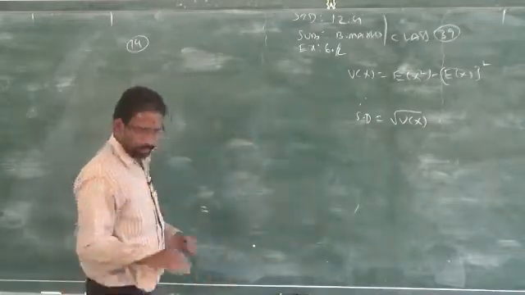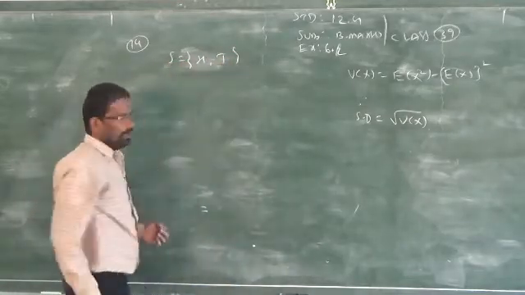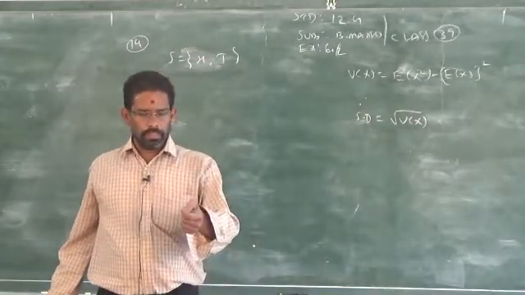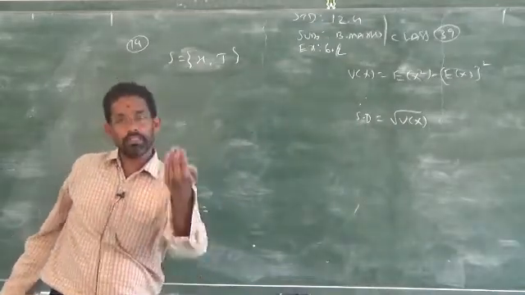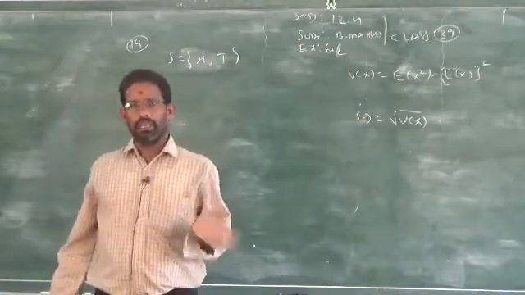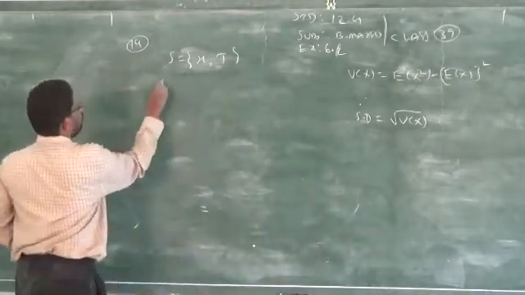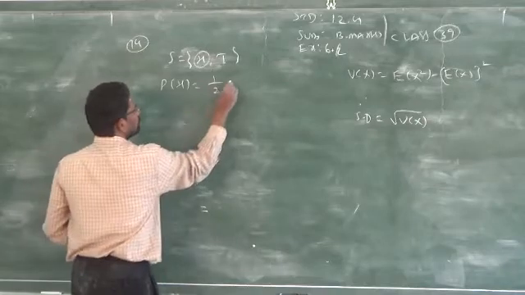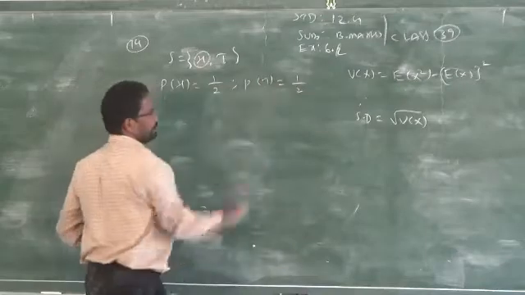Here it is given, a person tossed one coin. So, what is the outcome of one coin? 2, that is H and T, head and tail. The concept given is, if the person tosses a coin, when head turns, then he receives 4 rupees. I get 4 rupees if it is head. If the tail turns, I have to pay 2 to the other person. Therefore, probability of getting head: only one head is available out of 2 possibilities. Then probability of getting tail: only one tail is available out of 2 possibilities.